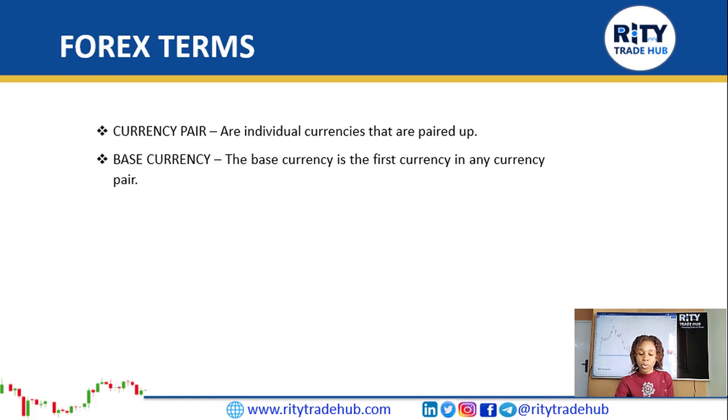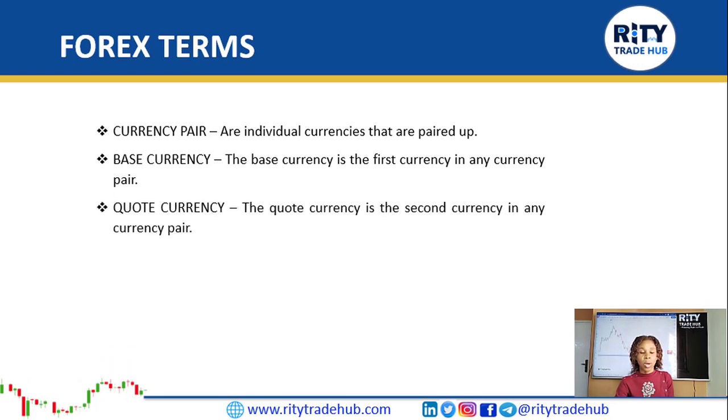Remember I said EUR/USD. I mentioned euro before the USD, so basically it is the first currency pair. What it implies is that you are buying the base currency. And the next is the quote currency. The quote currency is the second currency in any currency pair. The quote currency is the currency that you are using to buy or sell the base currency in the forex market. So in, let's say, the EUR/USD pair, for example, the US dollar is the quote currency.